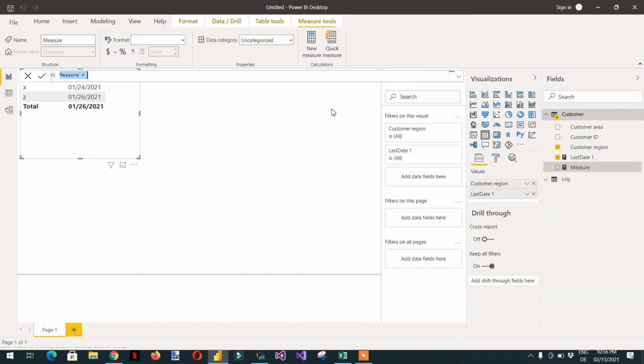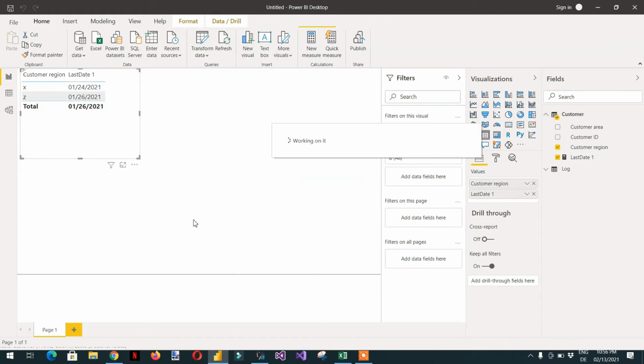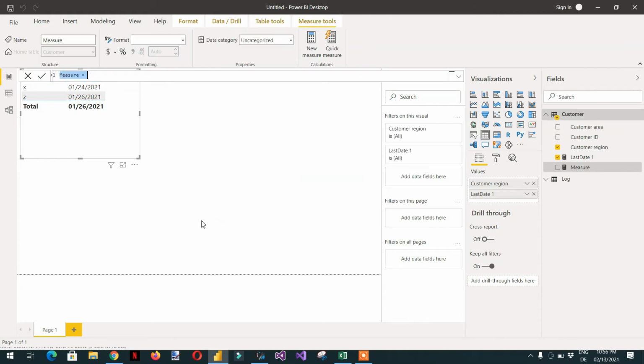So we need to write one measure, like last date 2, is equal to.